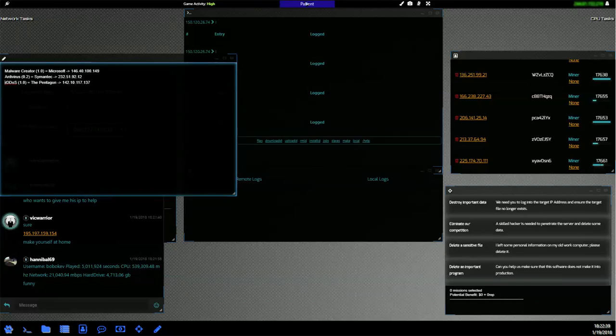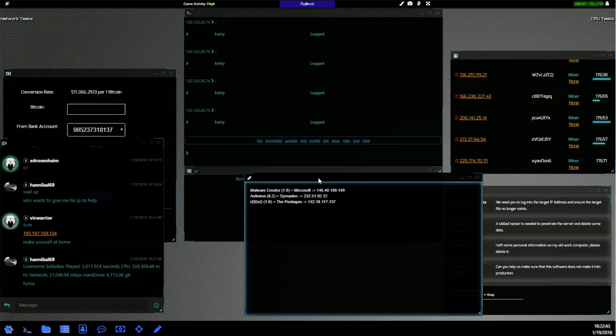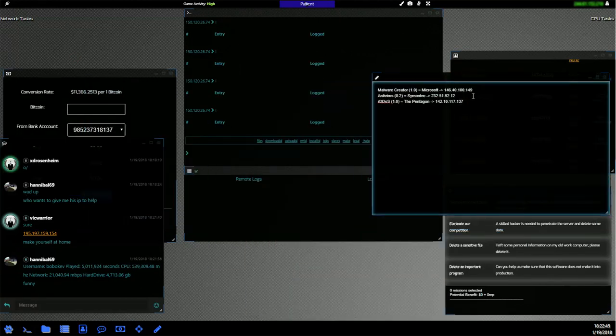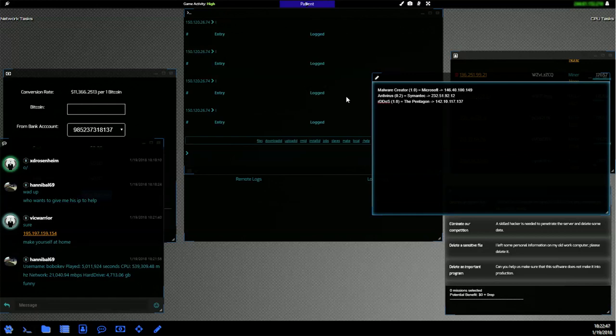Hello everyone, Sparks95 from Excision here, and in this video we are going to go over some of the viruses that SlaveHack2 has to offer and how to use them and how to get rid of them and all that happy stuff that has to do with our first little guy on the list here, the malware creator, which for you to be able to even create a virus you have to have a malware creator on your system,